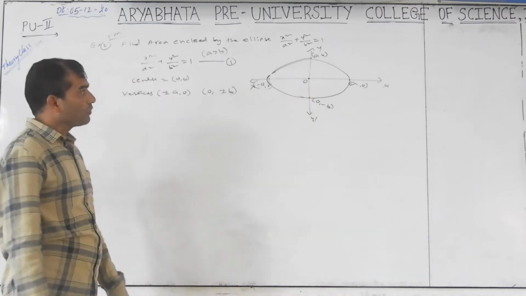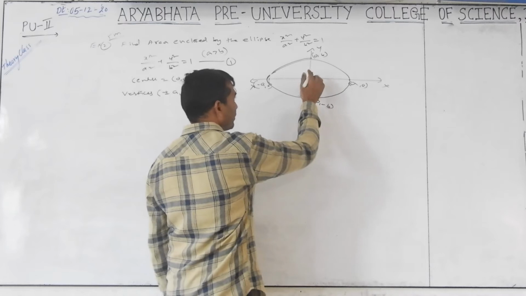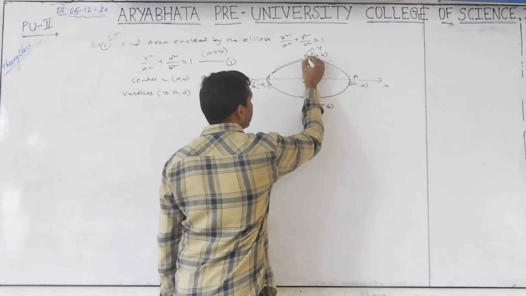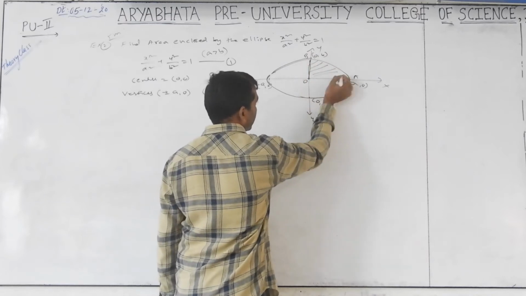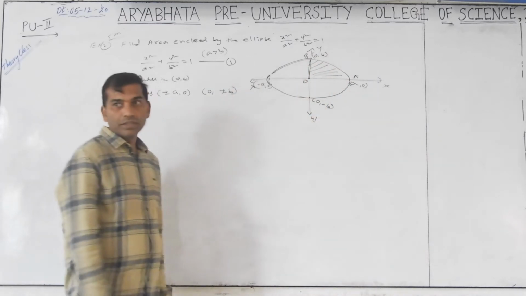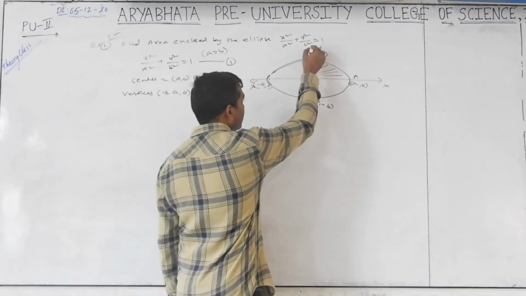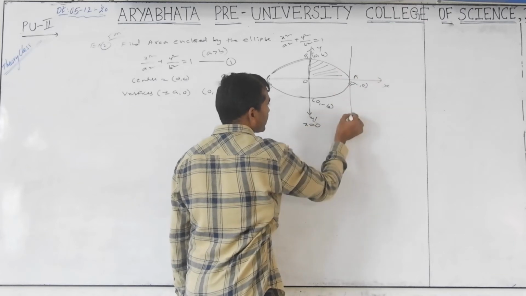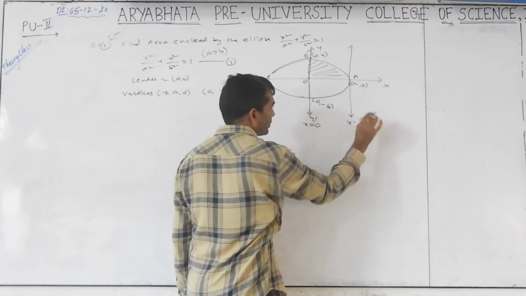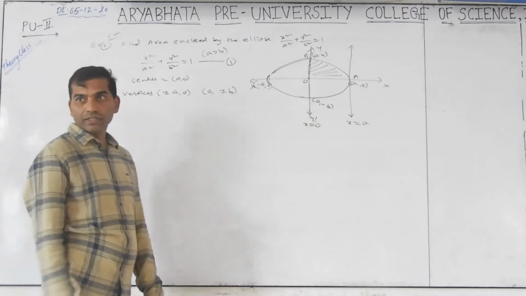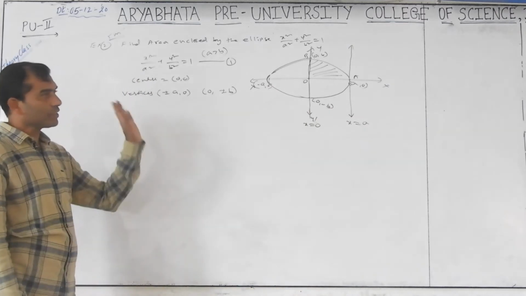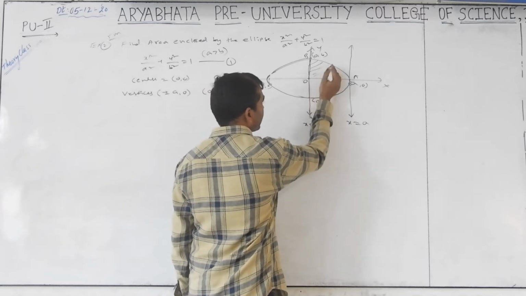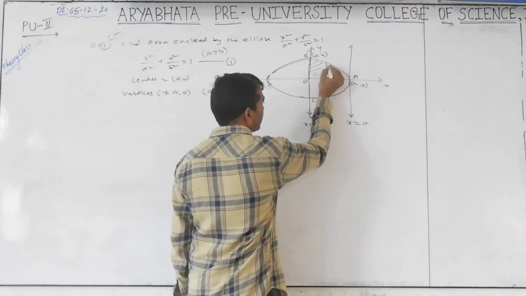Right? To find the whole area, first let us find this area O, A, B. This area is bounded by, tell me the limits, x equal to 0 and x equal to a. It is bounded by x equal to 0, x equal to a, and multiplying by 4, we get the whole area. Take your small strips with respect to the x axis, or you can take with respect to the y axis, whichever you want.